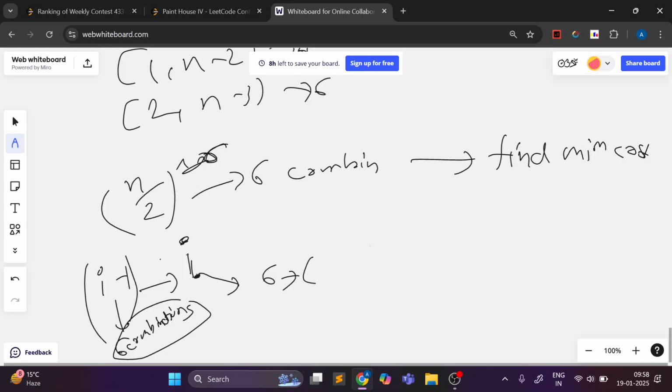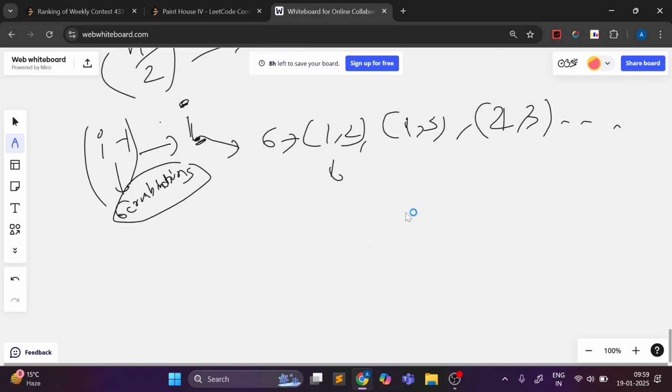Now 6 answers are based on if we paint the current index with one of the combinations. So 1 3, 2 3, and so on. Now if you paint the ith combination as 1 2, its transition can be I minus 1 to all the other combinations